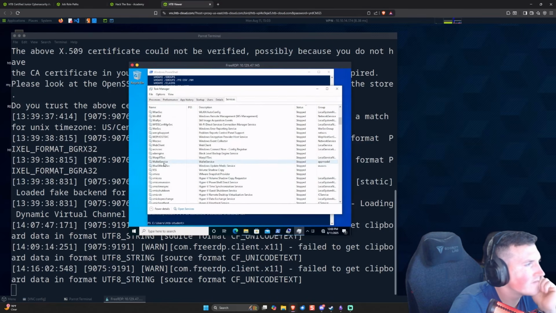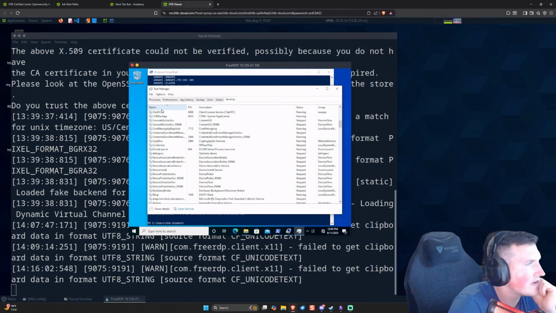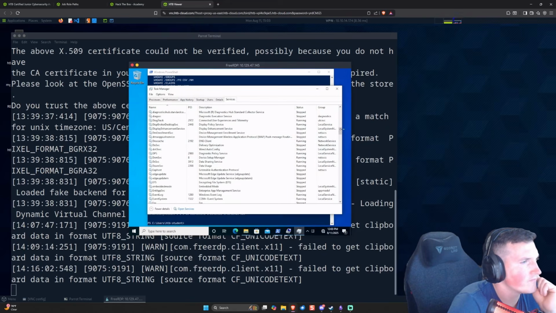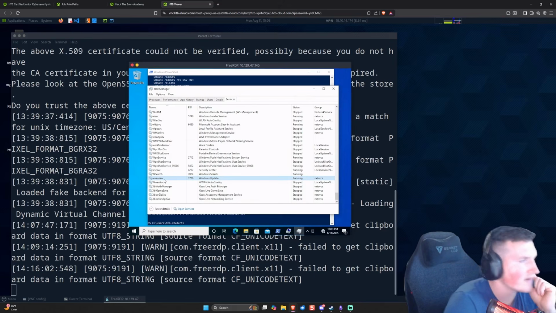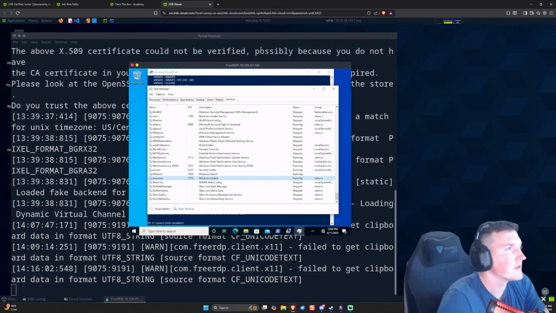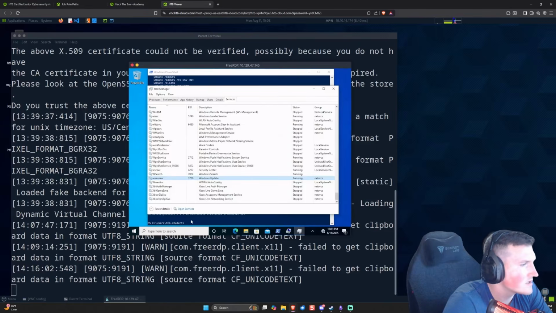And by the way, you can just Google this if you're curious where it came from. We'll make it alphabetical because I know it's a W. And there you go. Windows Update. WUA serve. All right. What else we got? List the SID associated with the HR security group you created. Okay. So now,